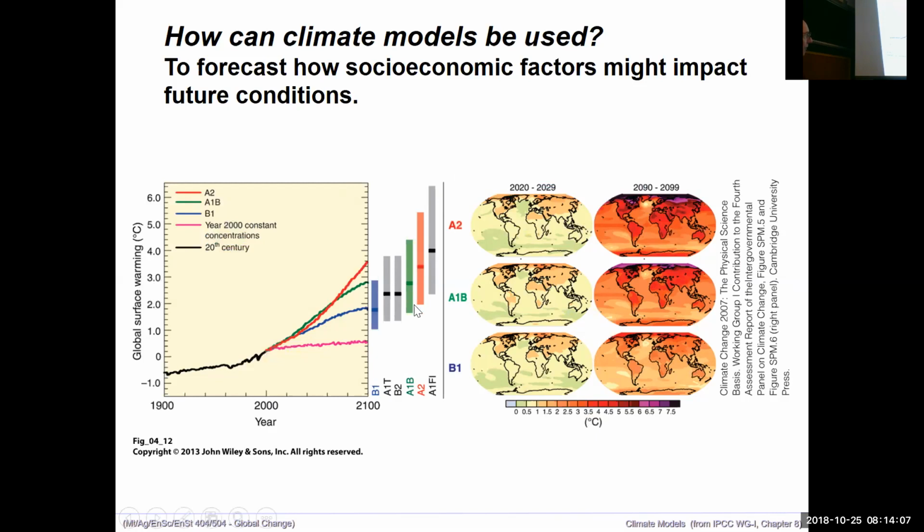These vertical bars indicate the uncertainty in these projections. They're basically the error bars, meaning that even though the red line comes out at 3.5 degrees, it could be as much as 5.25 degrees or as little as 1.8 degrees. So the idea is it's somewhere in this region, with the median being right there. So that's a functional graph that shows the outcome of some property, in this case, the temperature of the global